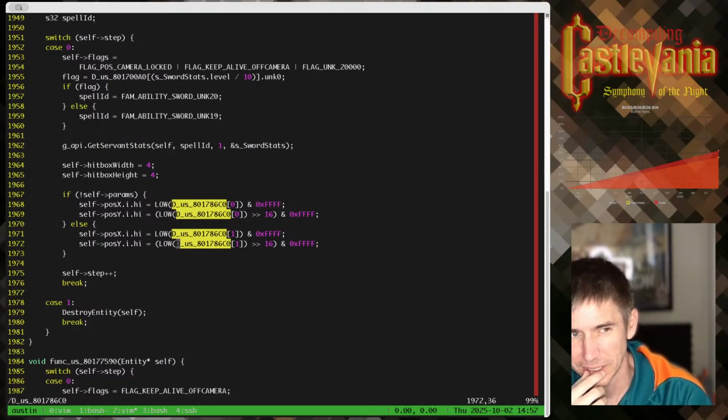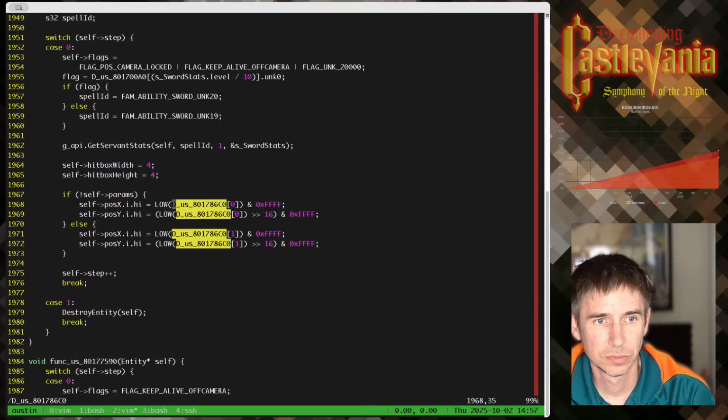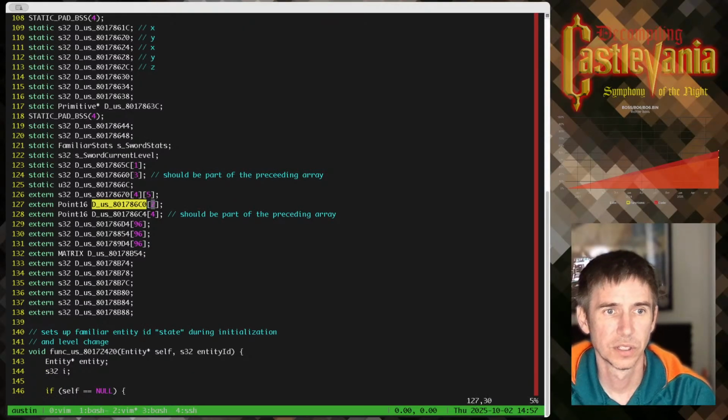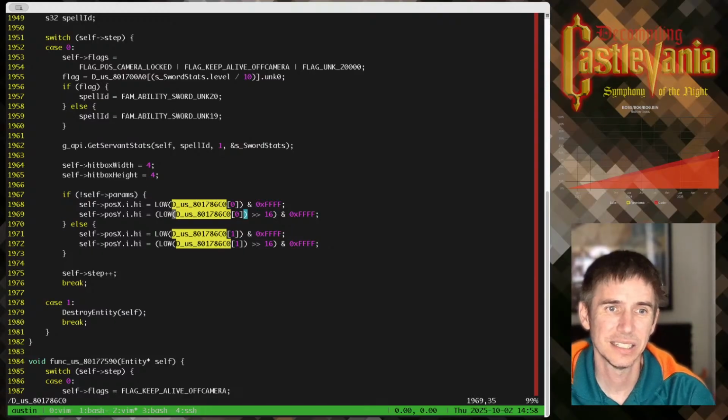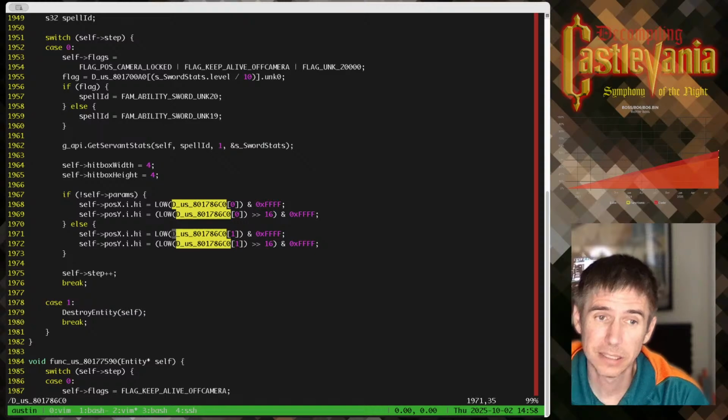Kind of odd. So this is treating it as a 0.16. There's only 2 of them. That does